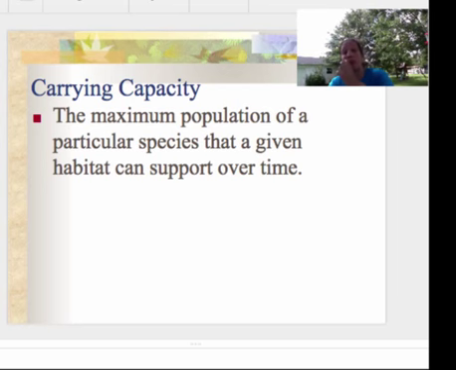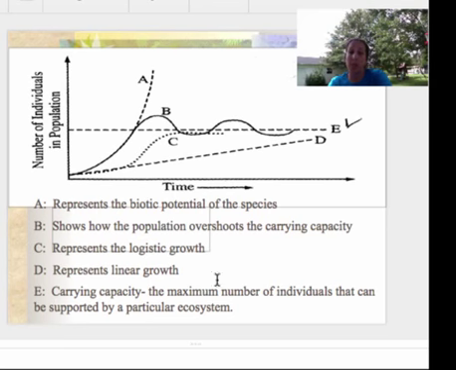This is something that has been on the exam multiple times, so you'll probably see a multiple choice question exactly like this, where you have the number of individuals in a population versus time. A is going to represent your biotic potential. What is the potential of the bios, or those organisms in that ecosystem? B shows how the population can overshoot many times, and then die off, and it may overshoot again and then die off to try to get to that plateau. D represents linear growth here. C represents logistic growth, which is more of an S curve, as you can see here.